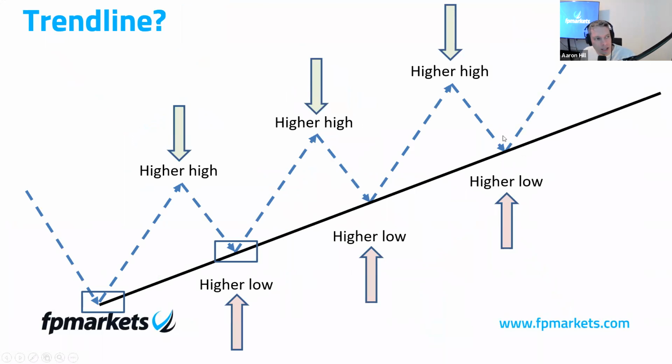But it's only until we break this lower low as well that we can draw a, let me just annotate this, that would be easier. So it's only once we break this trend line, this is the first warning sign for me, that the trend is potentially weakening. Once or if we break below this higher low, that's when we can apply a new trend line, right? A potential new trend line, a trend line resistance with the